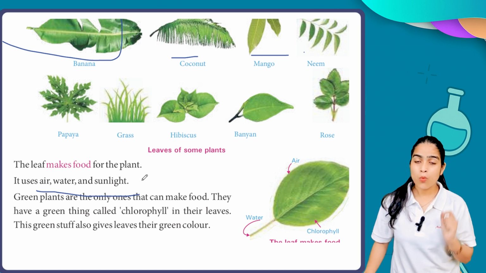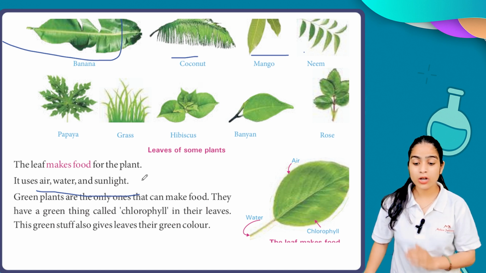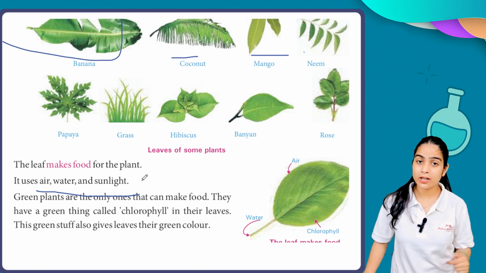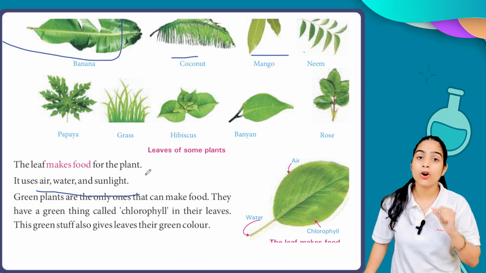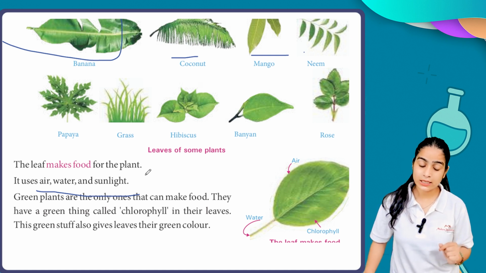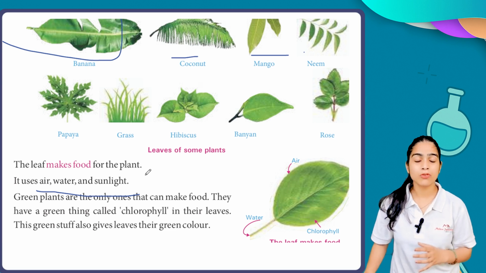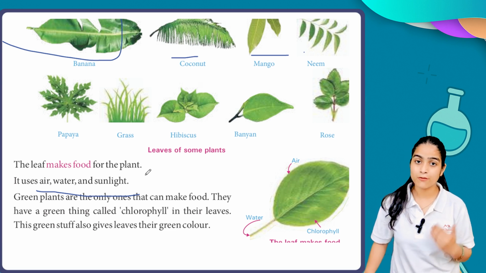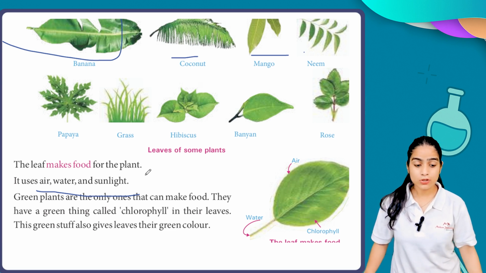It means, what is the reason that all plants are green in color? Just because of the element of chlorophyll. So chlorophyll is the reason for their green color, and with the help of chlorophyll they are able to make food for the plant. So students, till now what we learned in this chapter,